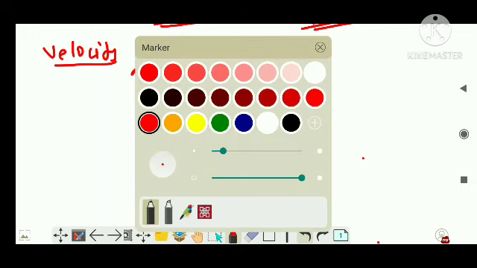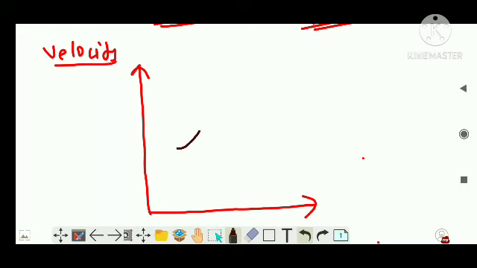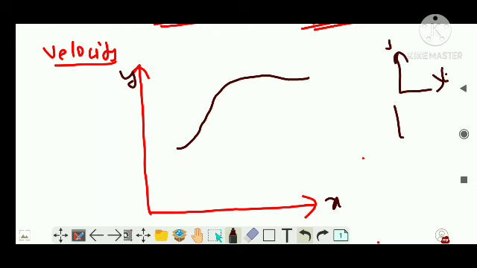Okay, now let's draw the graph of change in position of an object in motion. This is not a displacement time graph. This is the x coordinate position, and this is the y coordinate. Don't mistake that. Usually it is like the st graph, vt graph, where you take time on the axis. No, it is just change in position, not with respect to something else. You are just showing change in position in x and y direction. Clear?